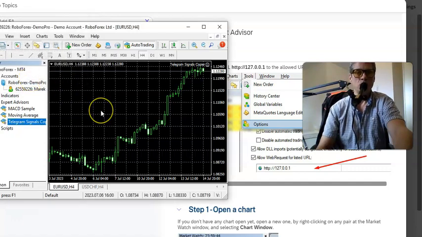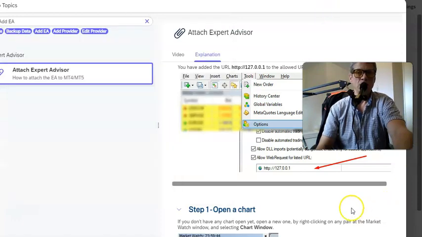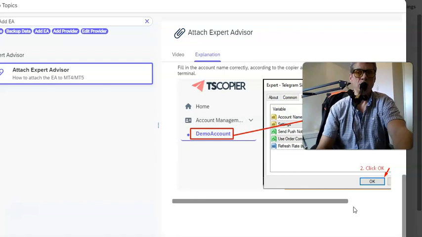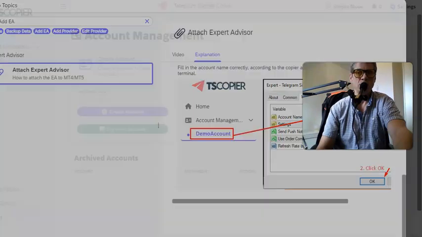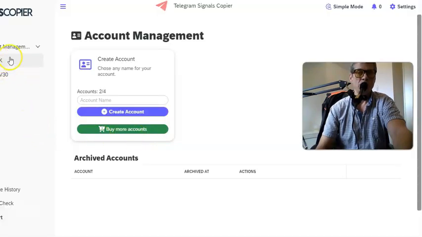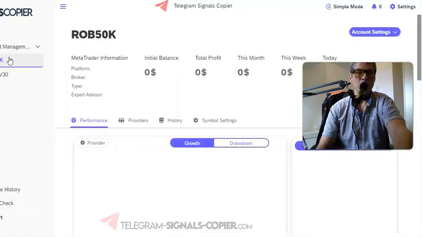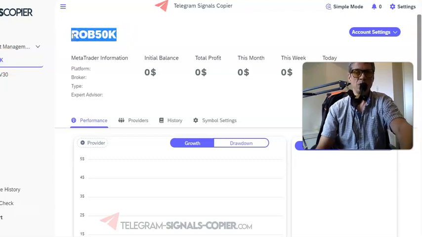Okay, so how am I going to do it? I need to close the help page from the Trading Signals Copier software. Close it, and that's my account name there. And it's actually quite easy just to copy it over, and the balance is showing 0 because it hasn't connected before. I'm just setting it up on this computer,